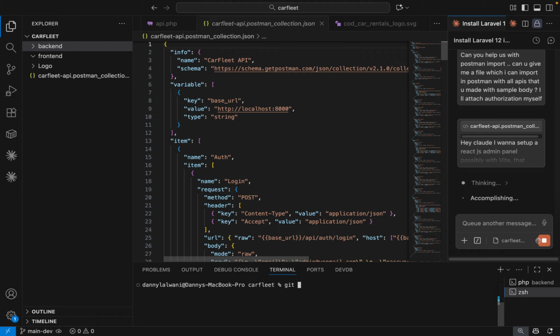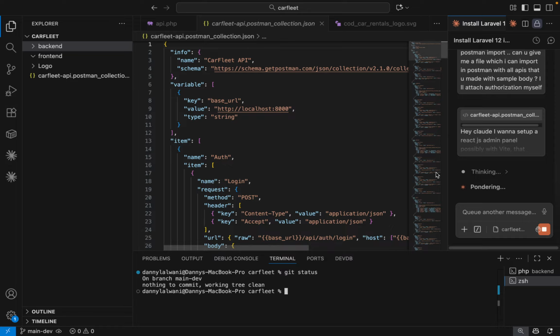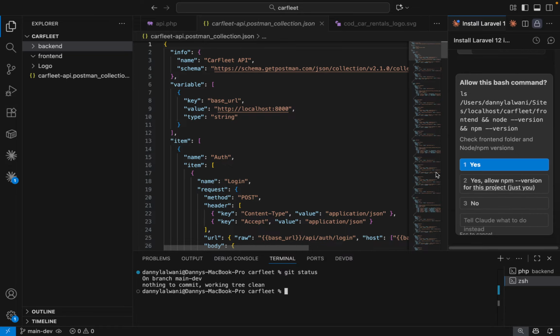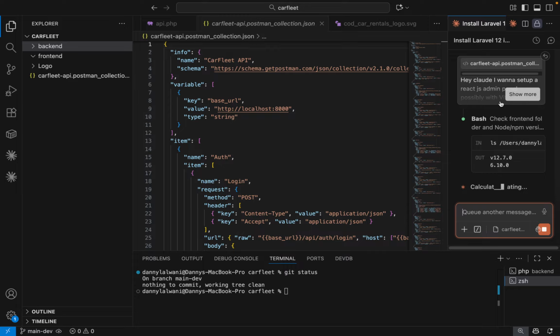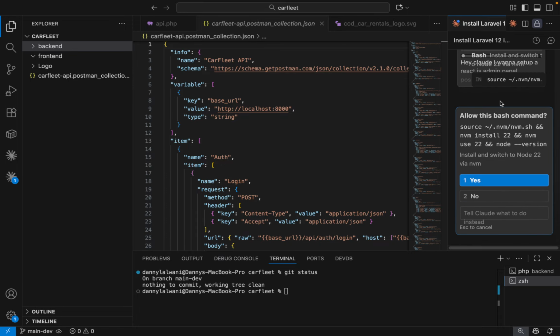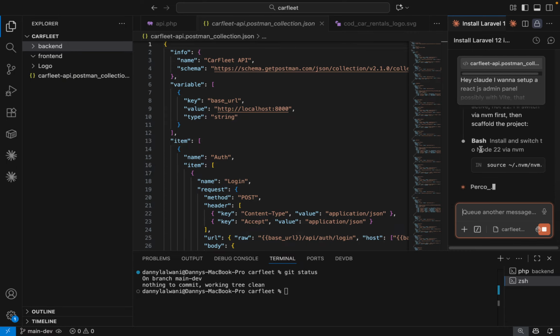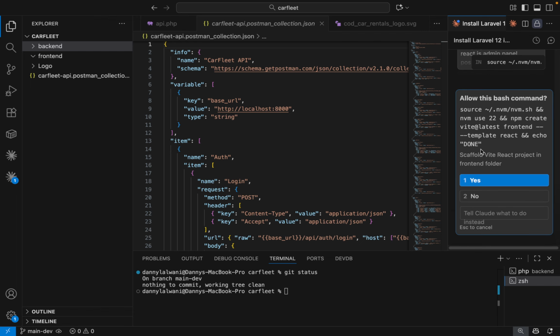And now we have Git as well. So whatever changes there would be, we would be able to do that. Yes. Yes. So it's actually seeing that node 12 is default. So it's now using node 22. So it will first do the node 22. Now it's asking me to do a